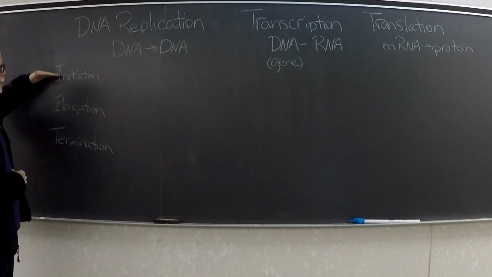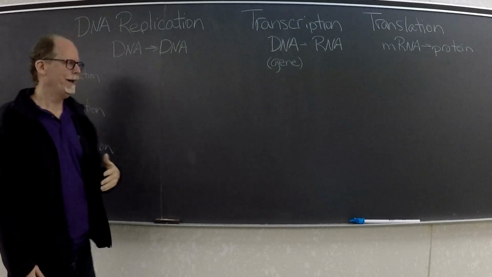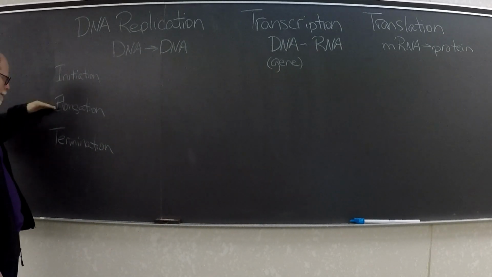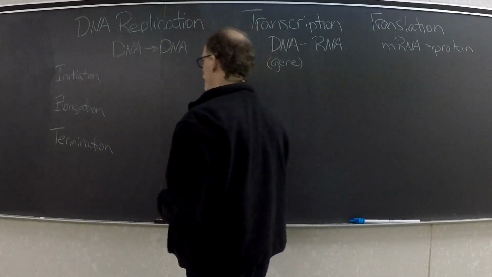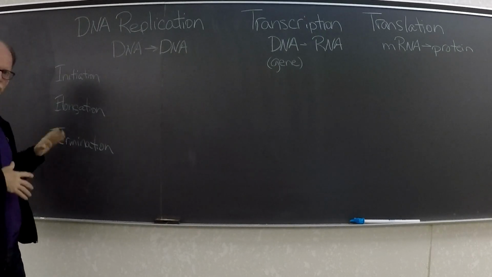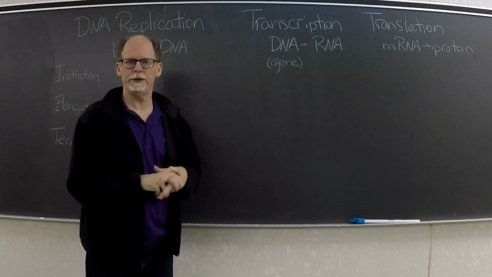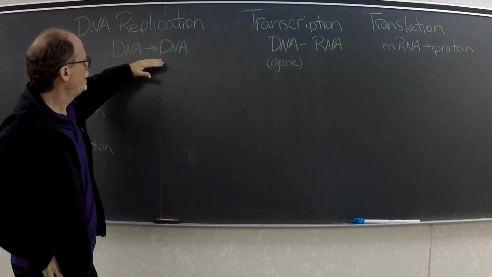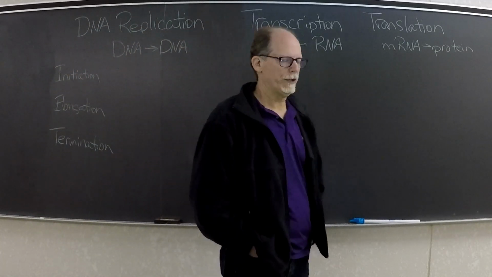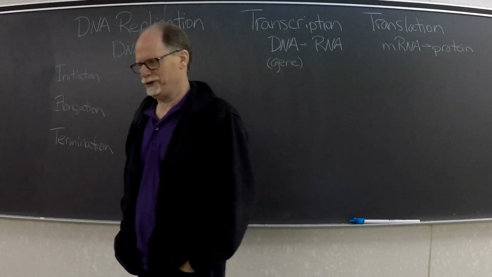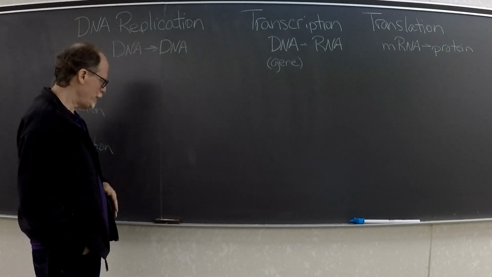Now, in most textbooks, you have what's called initiation, elongation, and termination for all 3 of these. And initiation means it begins or starts here. Elongation means you're making DNA, you're making RNA, or you're making protein, and then it stops when it's finished. Okay, so that's termination. So with DNA replication, we need to start at what we refer to as an origin of replication, which is usually the start point. And then you need to